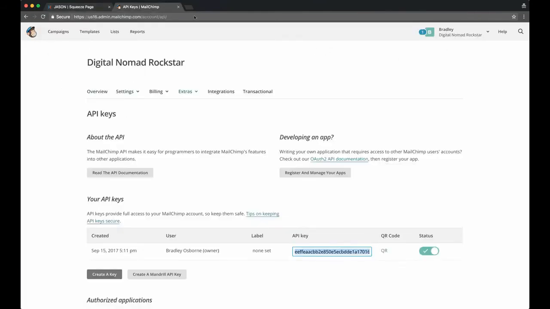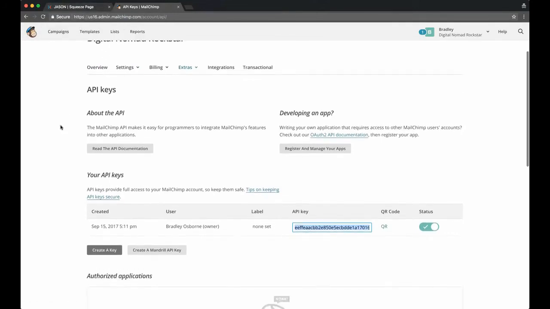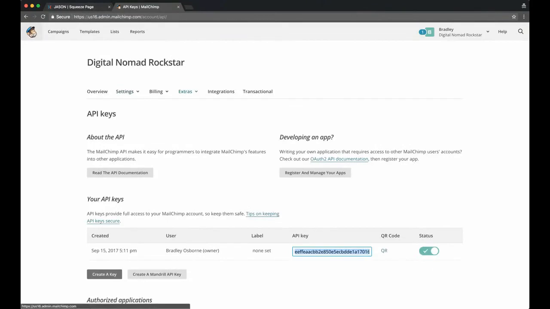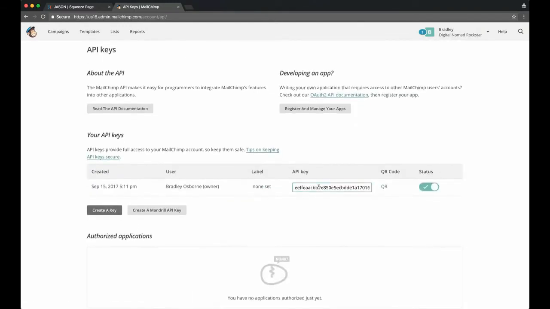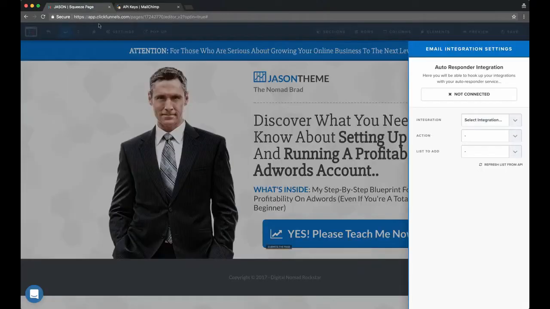This is going to vary, and ClickFunnels has great documentation about how to do this for different providers. But for MailChimp, you're going to go to your account here, click on account, and then go to extras and API keys, and you can either create a new one or use the one they have, and grab that, copy it,